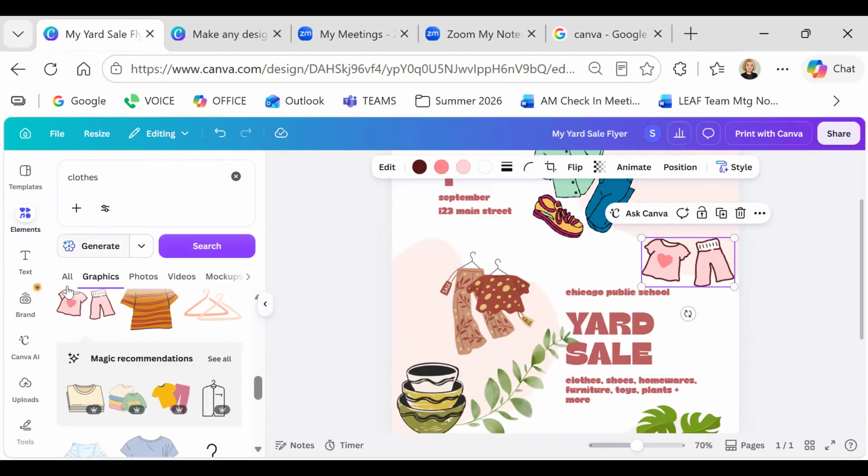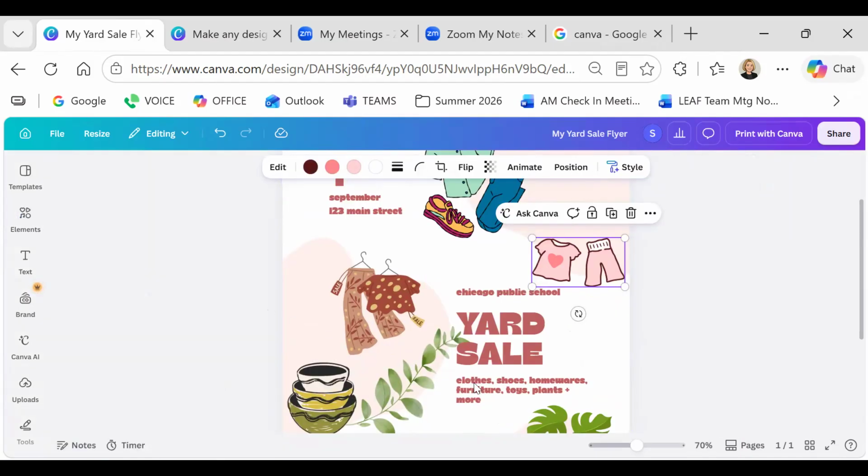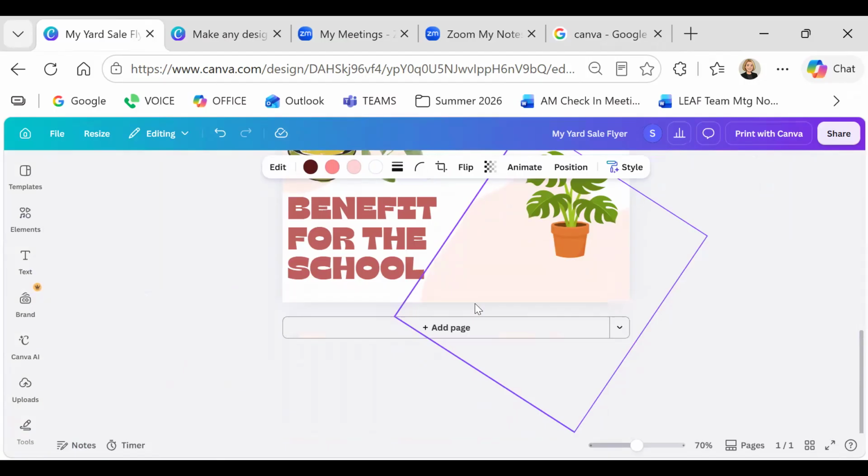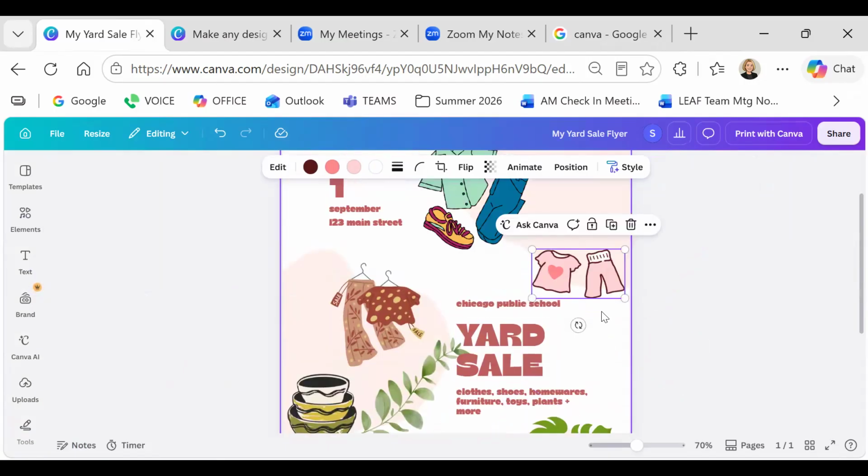Now, if you don't want to see this little elements bar over here, you can just click on the arrow and it will shrink again. Now it is automatically saving everything that I've been doing in this flyer. It started as a template. I have now customized it quite a bit. Now, if you wanted to share this with somebody, you have a couple of options. Over here in the top right, you're going to see the share